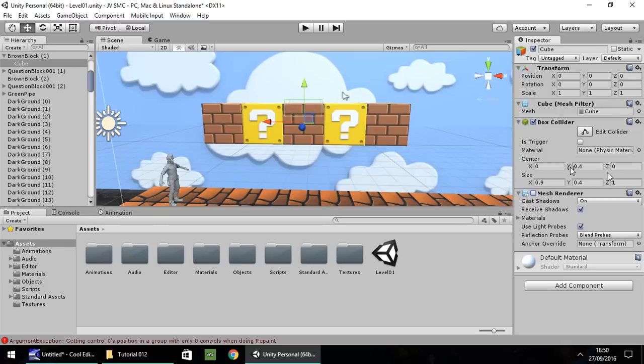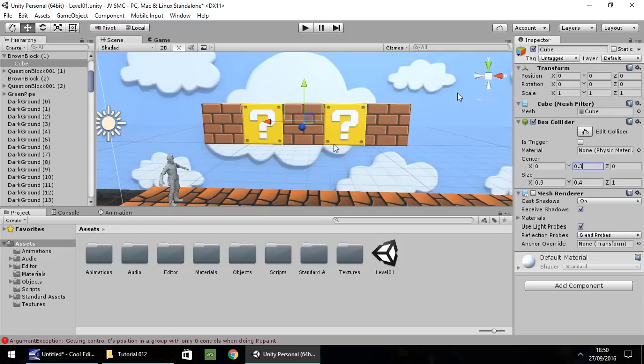If you hover over the Y just there, you can move that about there. So we probably need about 0.28. In fact, let's round it to 0.3. So as I say, all we've done there is create an imaginary ledge for when this mushroom pops out and goes this way.